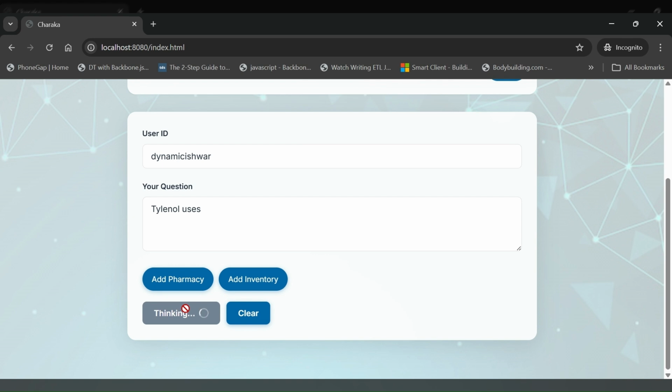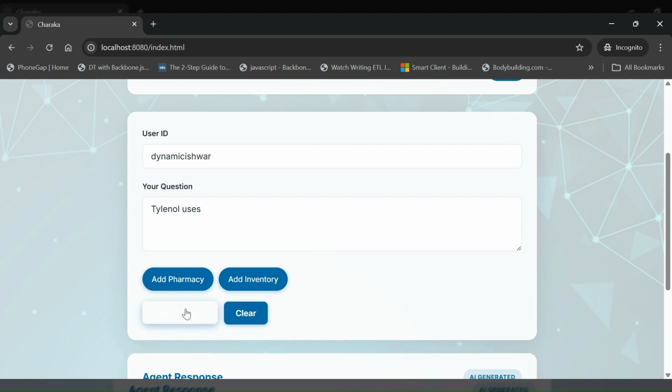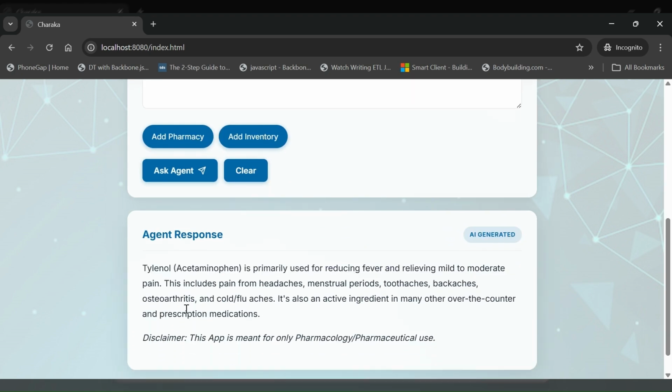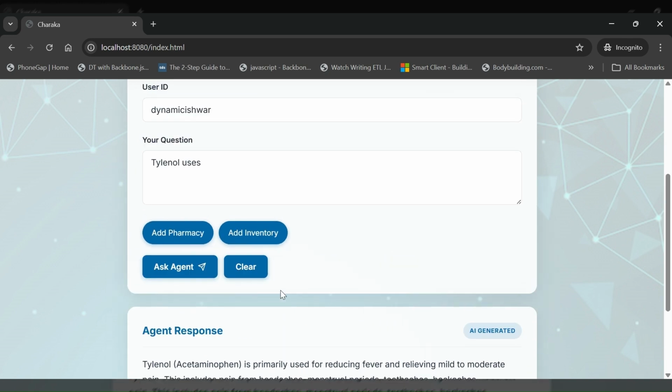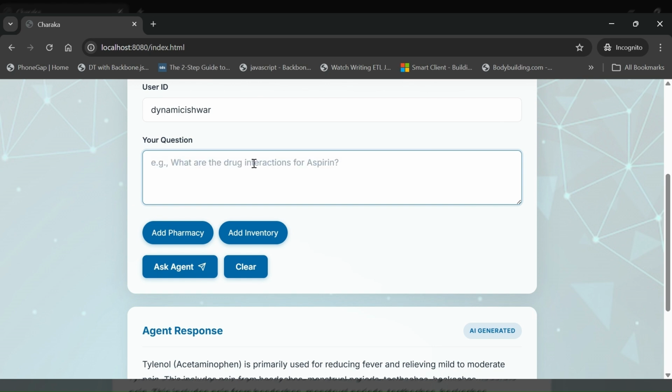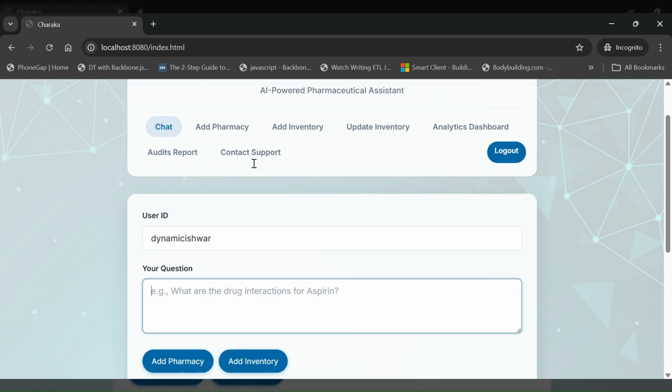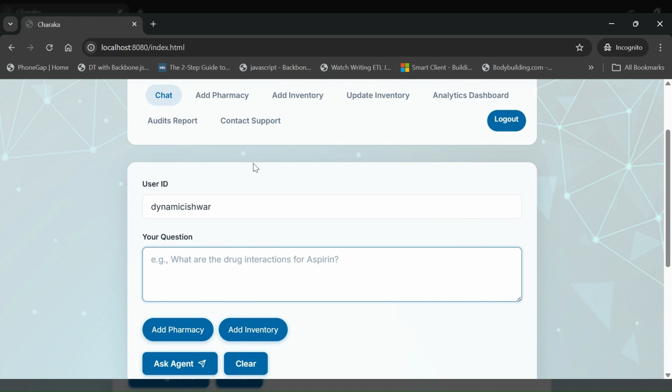So Tylenol is basically like paracetamol. It's very similar to it, and it's used to relieve aches and stuff along those lines. So it's acetaminophen. It's primarily used for fever and relieving mild to moderate pain. This includes pain from headaches. So basically, the agent is actually providing all the details. You can ask it even further questions related to